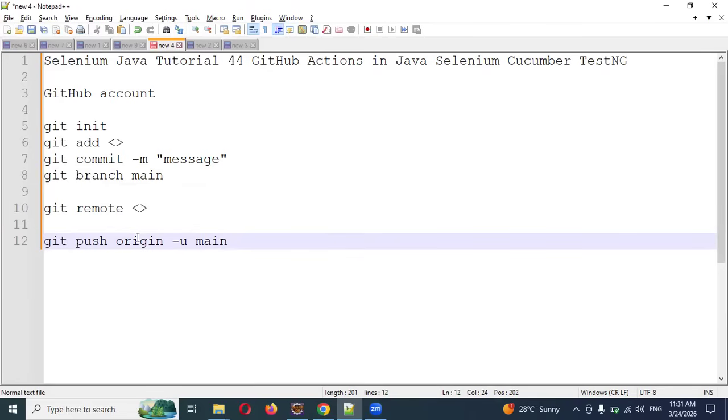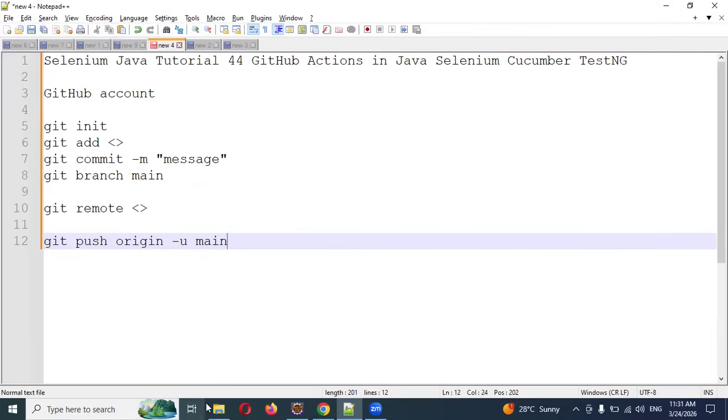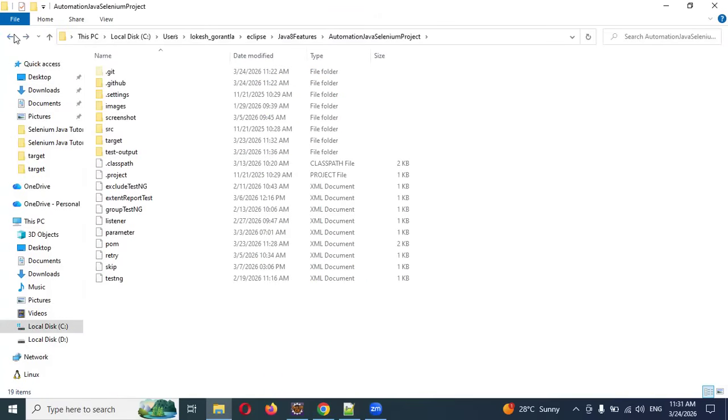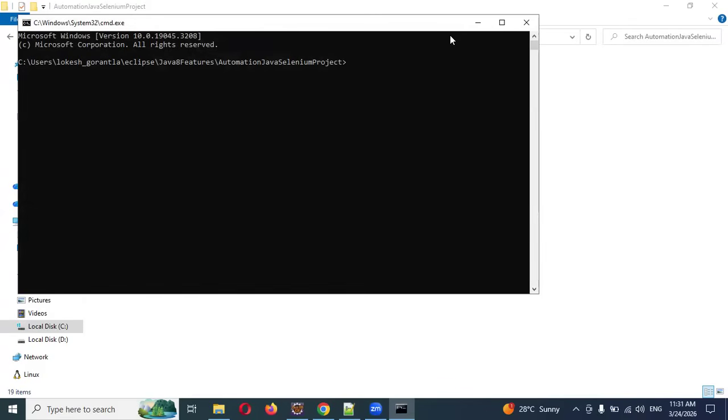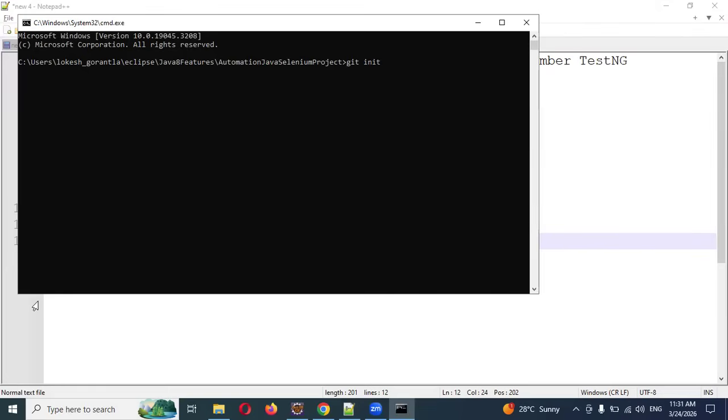Once you create the repository, it will provide you these. Then you can go to that folder location where exactly we have the project. That specific location you have to go to. Once you go there, you need to open cmd, the command prompt, and here you need to use git init, which they have given as the first step. Then the second step, you need to use git add dot, it will add all the things. And before going to the commit,